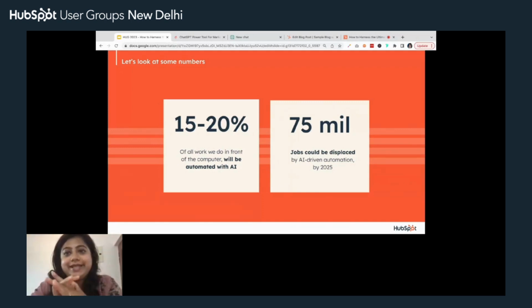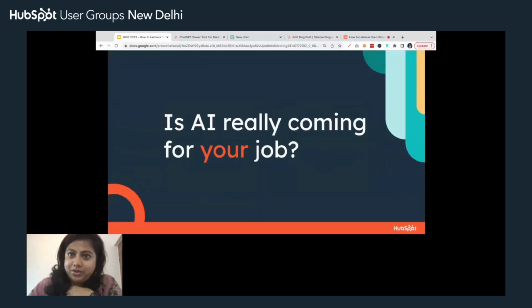So all of that is there. The numbers might be a little here and there, but we have all heard stats like this. But the question is, is AI really coming for our jobs? I can say the answer is sort of like, it depends on what we think our job is.